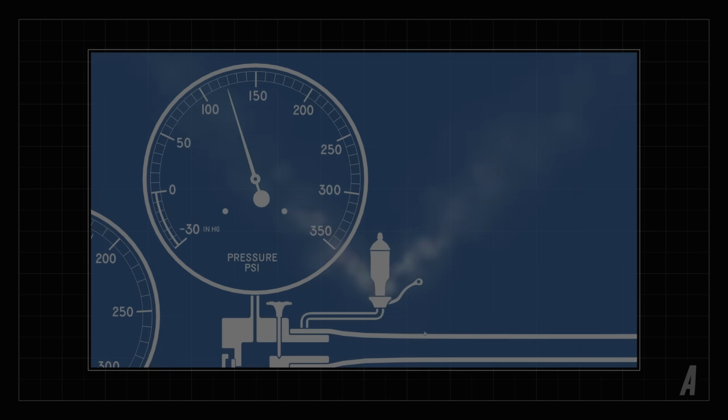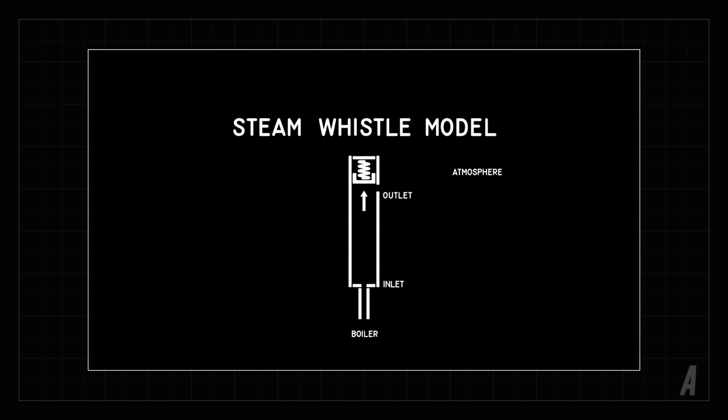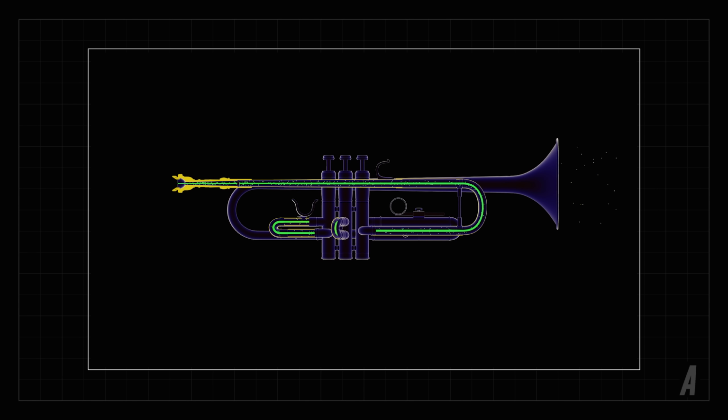Last time, I simulated a steam whistle using Engine Simulator's fluid simulation. To keep things simple, I'm going to refer to this fluid simulation as the legacy model. Some people pointed out that real steam whistles don't have springs or pistons or any other mechanical elements to achieve resonance, and this is true, and I'm aware of that. These virtual elements are necessary because the legacy fluid model is too coarse to model the complex acoustic phenomena inside the steam whistle. We're going to revisit this problem today, but this time with a slightly different musical instrument, the